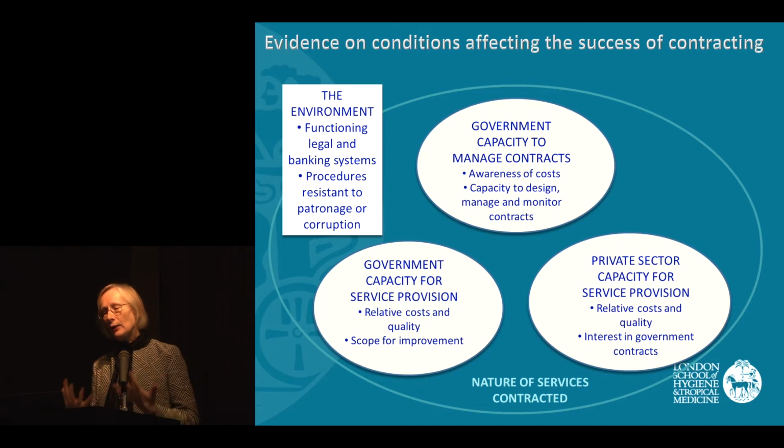And I think looking at this, it's interesting that the policies of agencies like the World Bank recommending contracting did so from the premise that governments were not good providers of their own services. Governments were inefficient providers of services, and therefore they should contract out. But I think the interesting lesson of this work is that you cannot get round the problem of government capacity. And indeed, that in some ways, running services yourself is actually an easier